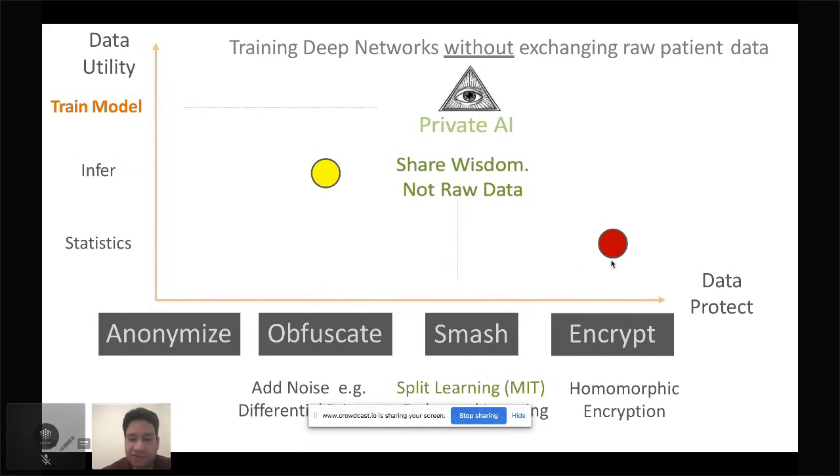Then there are extremely high protection mechanisms, which come from the crypto community or the theoretical computer science community. There's homomorphic encryption, where you convert data into ciphers, apply operations, and the result of your operation is still a cipher, and only once you decrypt do you get the answer that would have been the real answer if you had not even encrypted your data. Everything's extremely encrypted, and you have these one-way functions that are really hard to break.